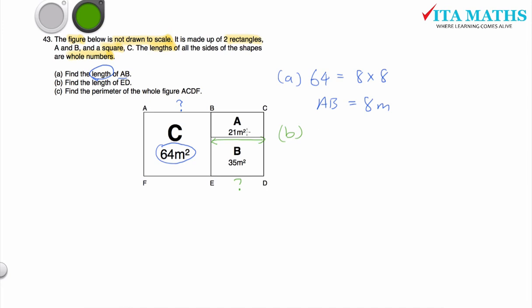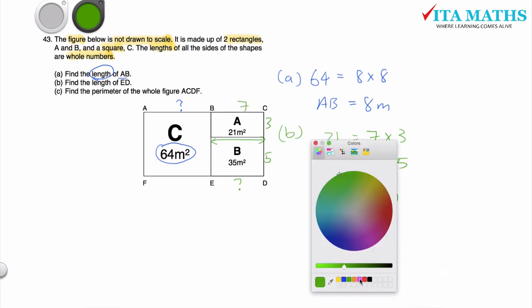Think about it. 21, 35. What are the common numbers inside 21 and 35? 21 you have 7 times 3. 35 you have 7 times 5. So this length ED equals 7 meters, which means this is 3 meters, this is 5 meters, this is 7 meters. Okay, understand that? And next, for part (c),